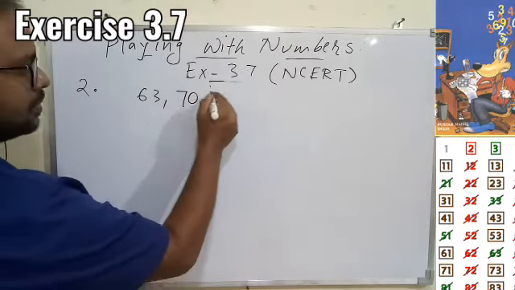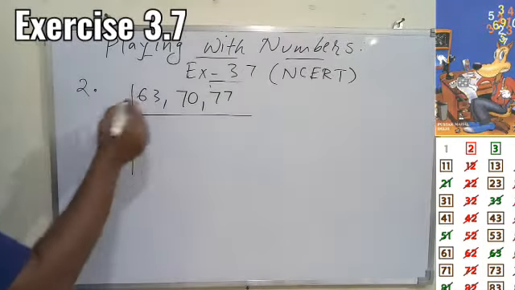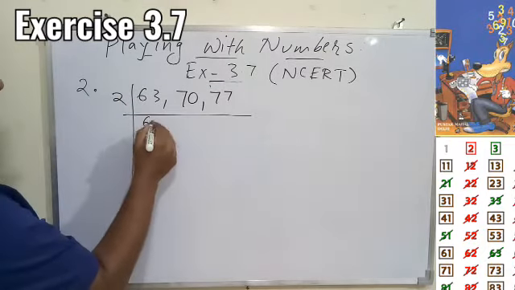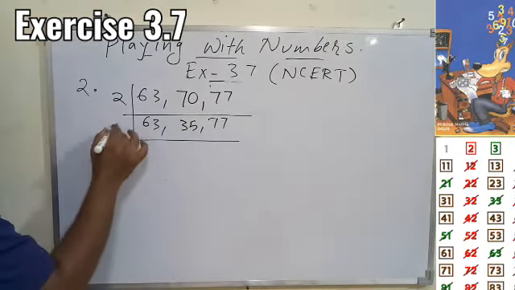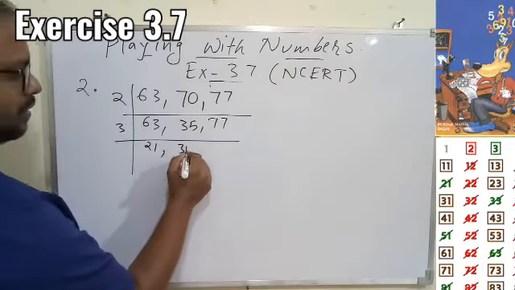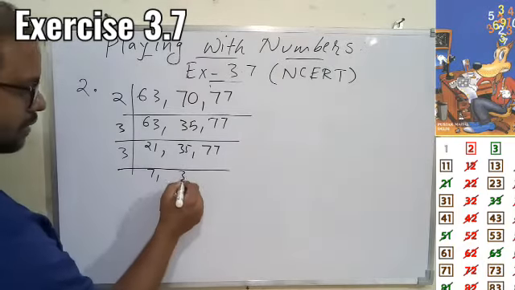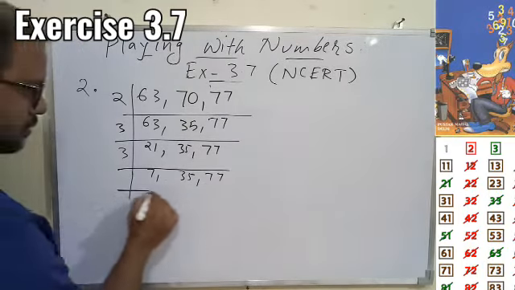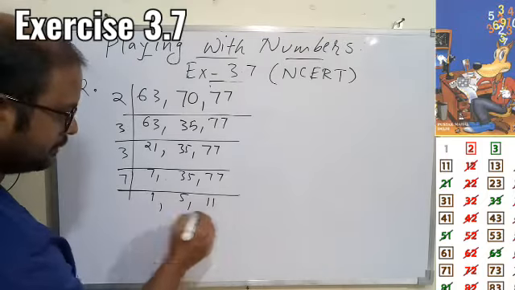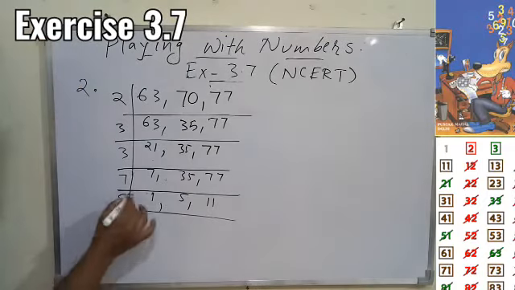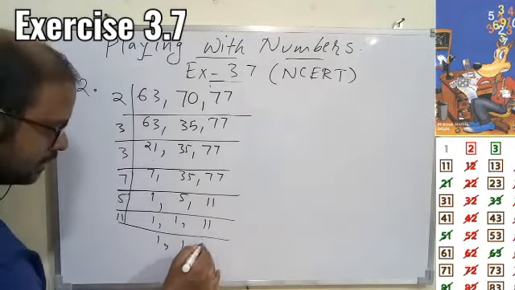So overall we are going to find the LCM, and we can do it by any method. The method we understood in the previous class. So I'm going with the long division method. So we know 70 is divisible by 2, 63 not divisible, so we can write down as it is. Then 3 will divide this. 35 and 27 will not be divisible. Again 3 will divide 21 and the rest will not be divisible. Now 7 will divide all the three. 7 1, 7 5 and 11. And again 5 by 1, 11 as it is. And then 11, 1, 1 and 1.